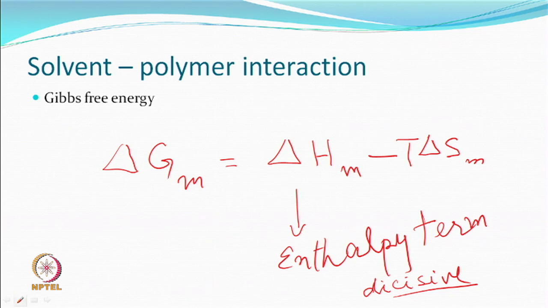and therefore, the magnitude of this so called enthalpy will decide whether delta G is going to be negative or not. So, when you mix certain things, you know that you mix sodium hydroxide in water, there is heat which comes out. You put ammonium chloride in water, it becomes cold. So, mixing itself, because there is energy involved, something, a molecule goes into the solution. So, whether it likes to go into solution or does not like to go into solution, based on that the delta H of mixing is going to be determined.